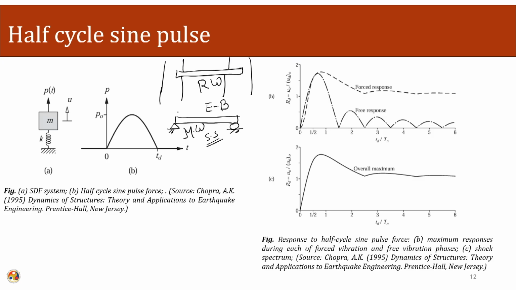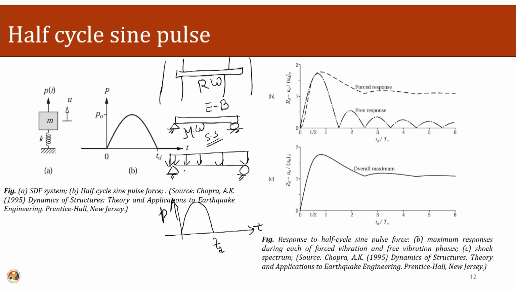Then we looked into the application of our loading. In case of blast we have seen that we are approximating the loading using a planar wave. This planar wave is applied to my entire system, and it can have different time signatures. Last time we looked into the pulse type of loading. Right now we are looking into the half sine loading. This is the time signature of the loading.